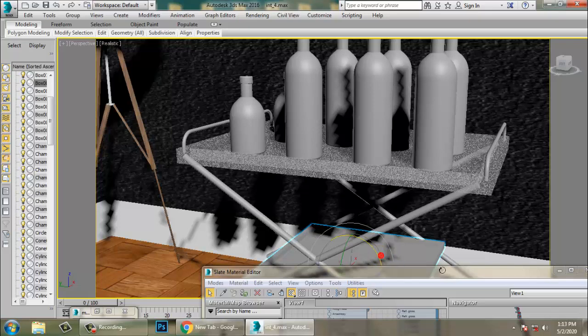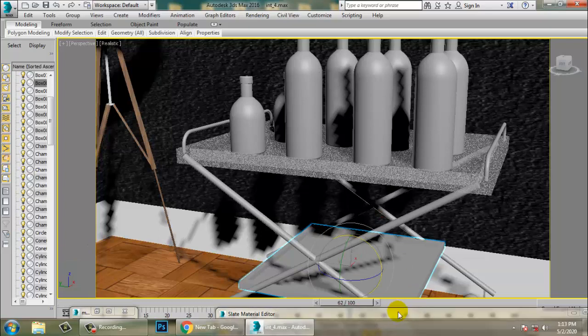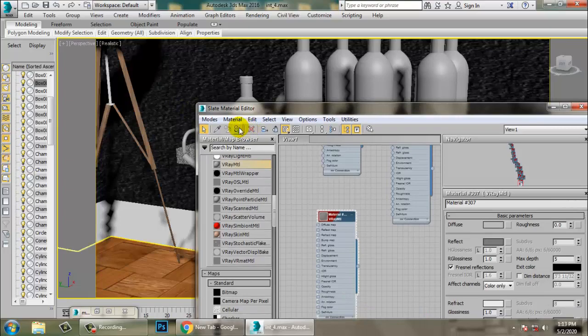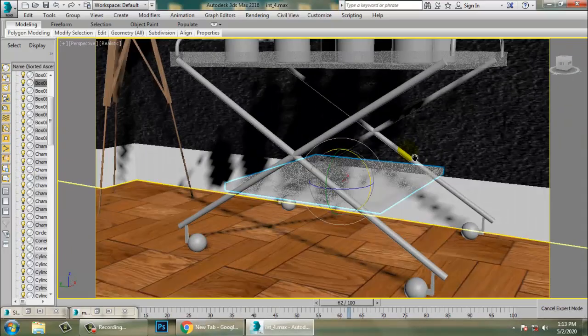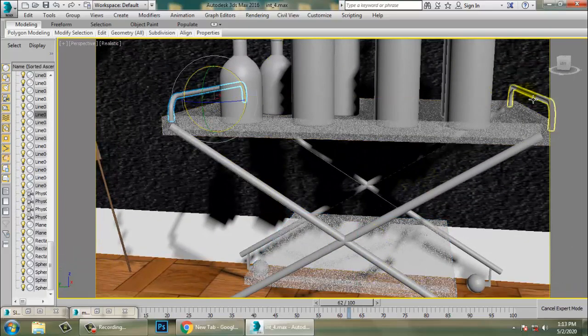Same again for this also. So just assign these materials over here for the tray what we have assigned over here. Select both of these over here.